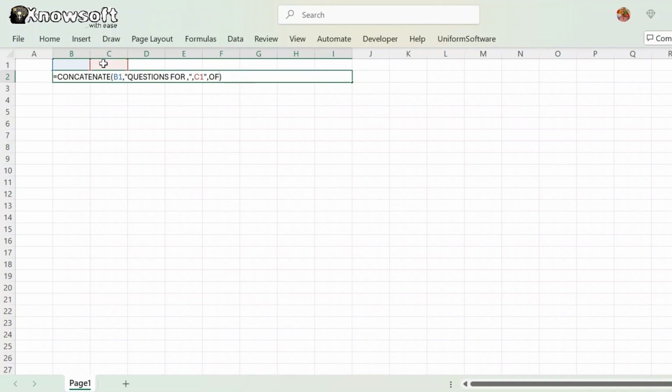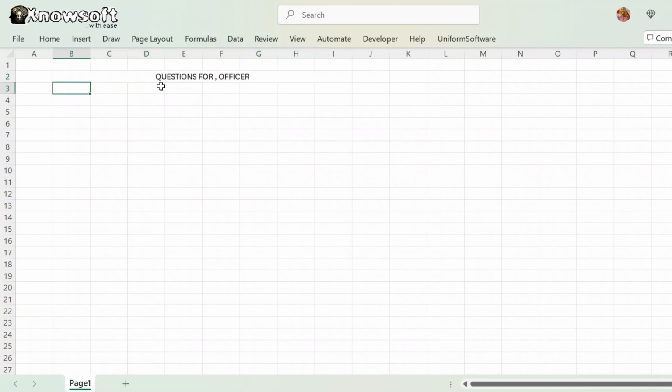Use capital letter O. So here I do not need this quotation mark. I need a space here. So starting up with this now,